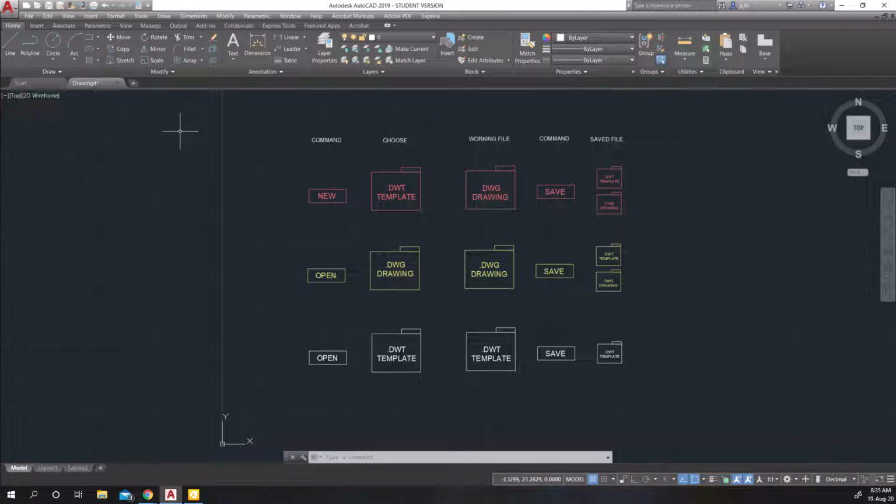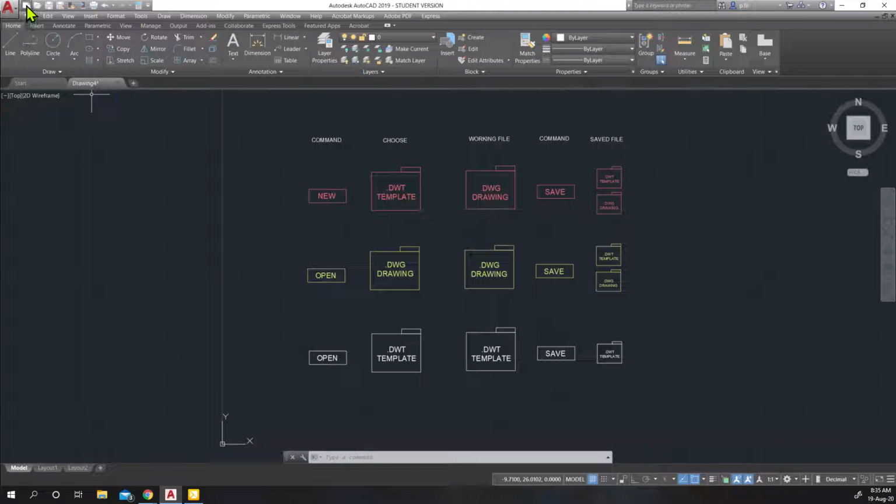So let's take a look at this really quick. There's a couple of different ways to do this. I'm not going to go through every single one of them, but there are a lot of different ways to create new drawings. Like I said, we can click on the plus sign. We can go up to the very top corner here and choose New Drawing, and you can see that there is a